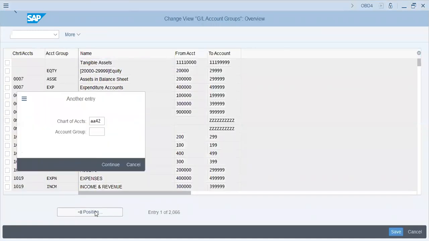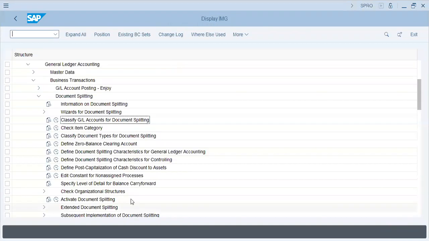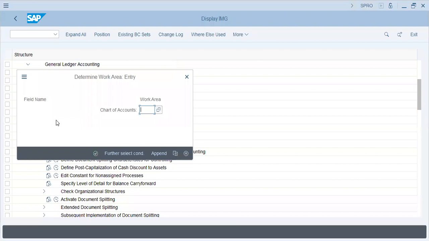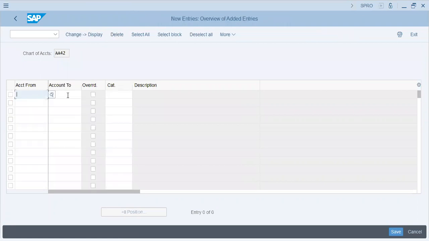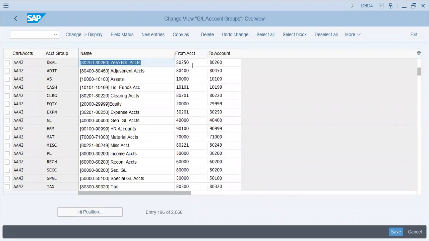Double F42. It says classify GL accounts for document splitting. Very important. Chart of accounts, double F42. New entries. Now we will give them accounts. Okay. Accounts are